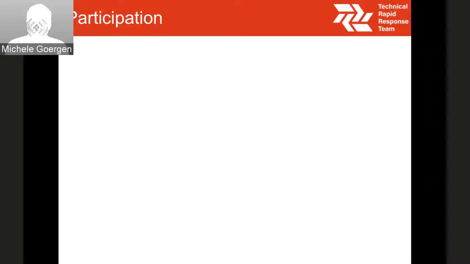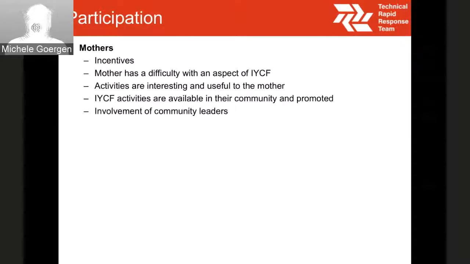And then one of the big questions posed, like I mentioned earlier, was the gender gap and how to encourage mothers and fathers to participate. So we posed the question first to participants about mothers and how they could participate. And of course, the first answer was incentives. But the other reasons mothers participate were noted: when a mother has a difficulty with an aspect of infant and young child feeding, the activities need to be interesting and useful to the mother.